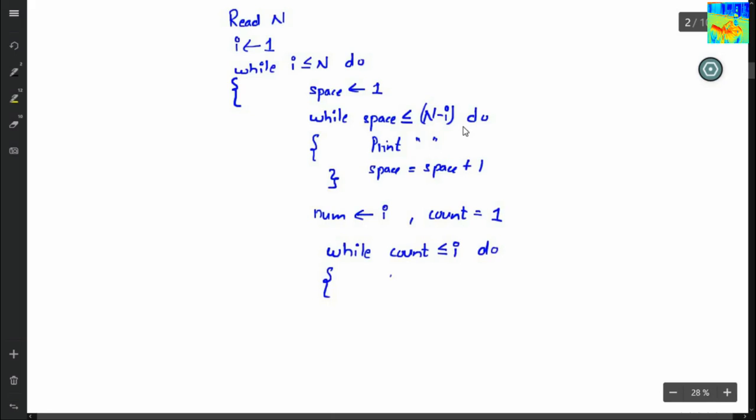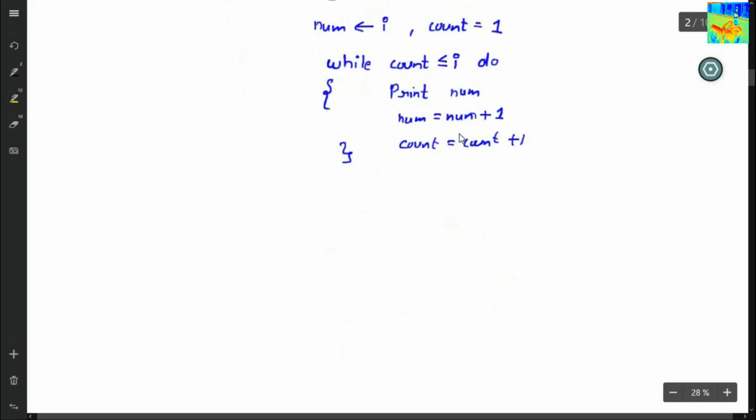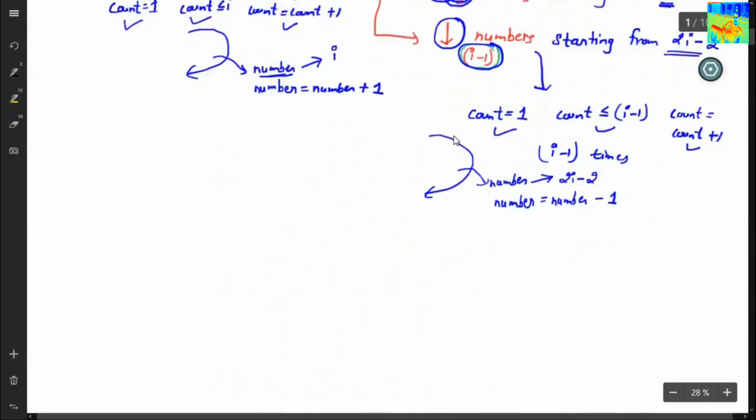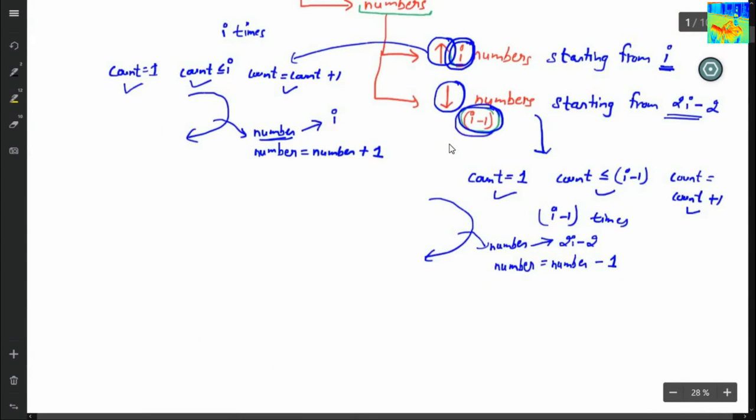What will I do here? I will print number. Number equals number plus 1 because I have to print increasing numbers. And count equals count plus 1. Okay. So I have printed increasing numbers. Now my next step is to print decreasing numbers. So I have to print i minus 1 decreasing numbers starting from 2i minus 2.